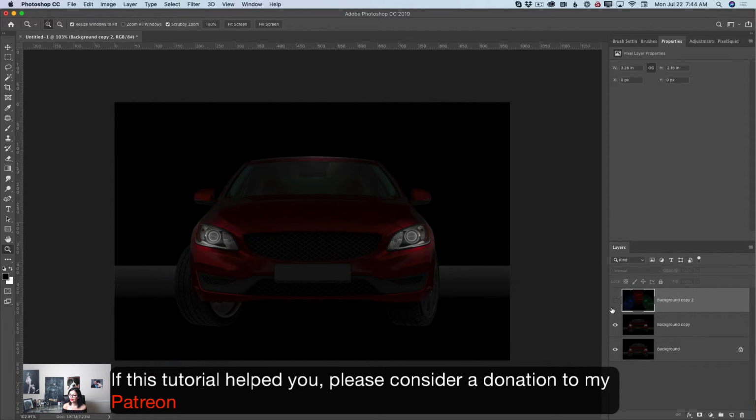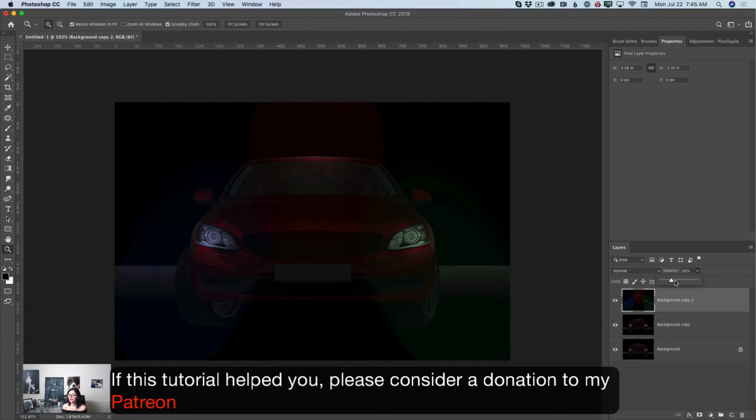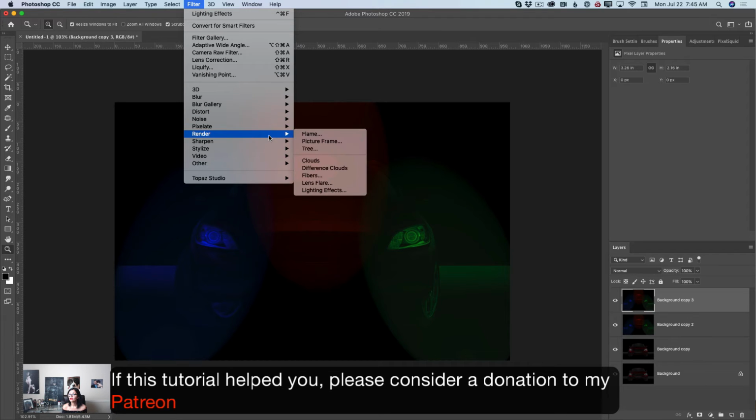This is before our RGB light, and this is after. If you would like to smooth it out, if it's too much for you, but you still want to have RGB light applied to your image, simply bring down opacity of this layer, just like that. Maybe something like that, but I love this extreme light. I really love it. Now, I will duplicate this layer one more time, and I will go to Filter, Render,